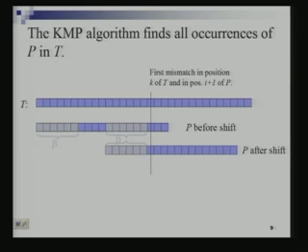Okay. Why does this work? Why is it that we are not missing out on any patterns by doing this? We have to argue correctness of this algorithm. So this is my piece of text. Mismatch was at position K of the text and position I plus 1 of the pattern. This is the position I plus 1 of the pattern and this is the position K of the text.